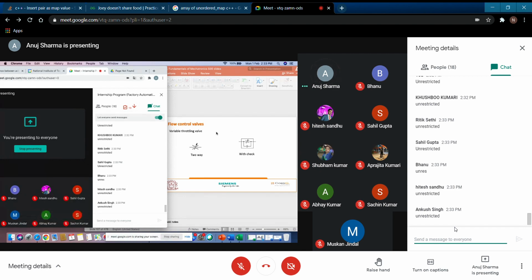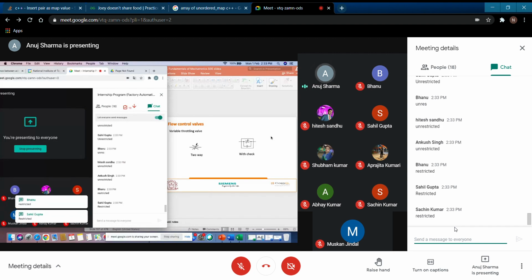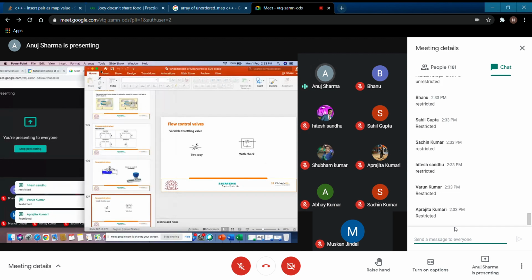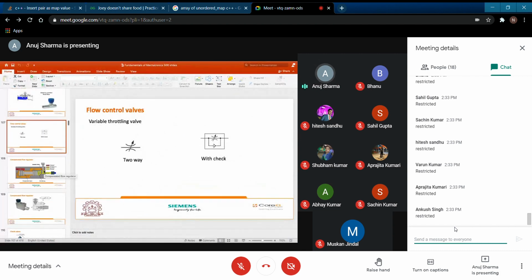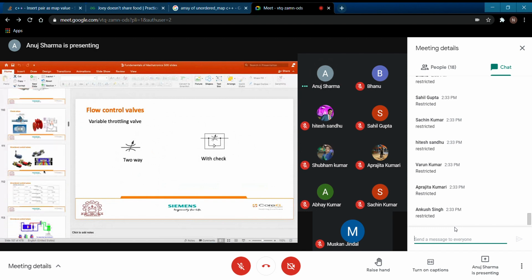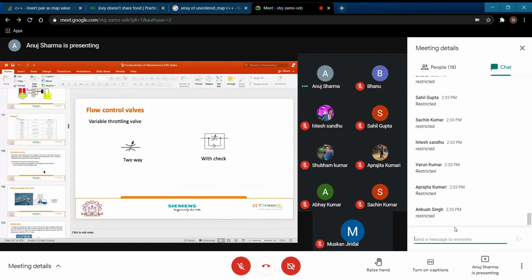Now, if it is from left to right, is it restricted or unrestricted? Restricted. So the interpretation of this block diagram is clear to you. I'm assuming it is very much clear. It is very simple, and there is no issue regarding this, I think.